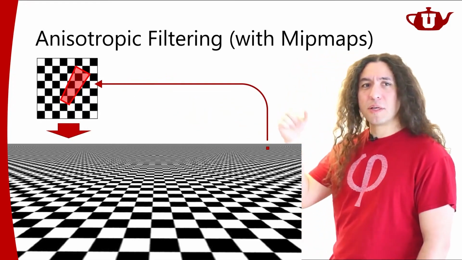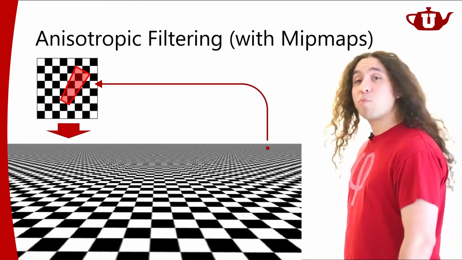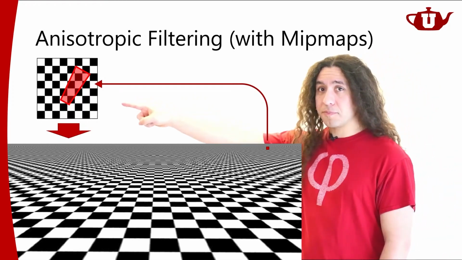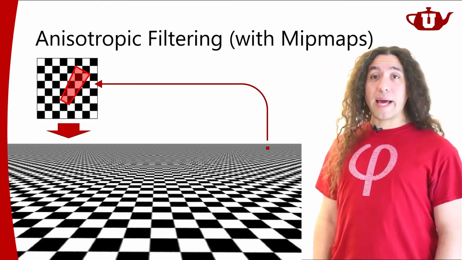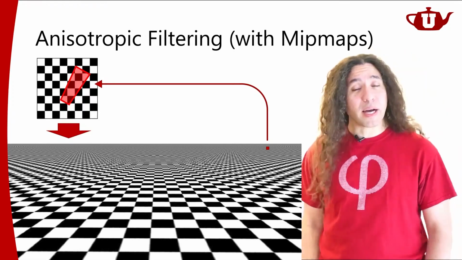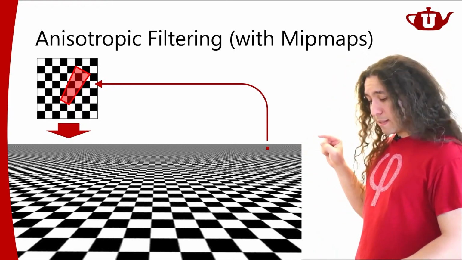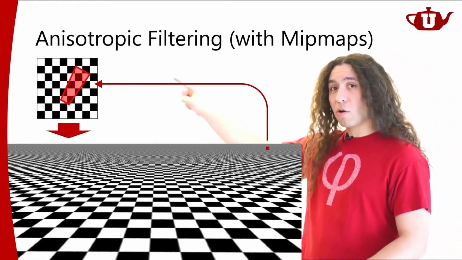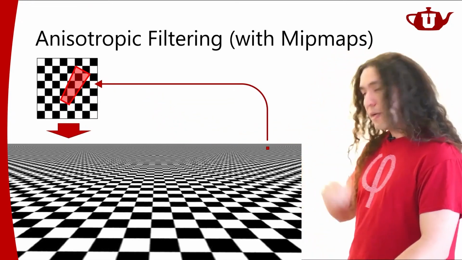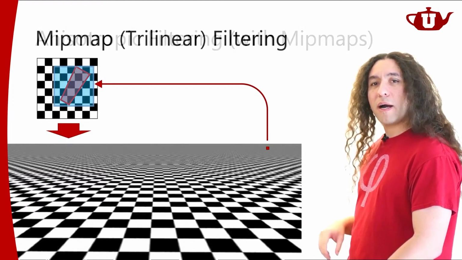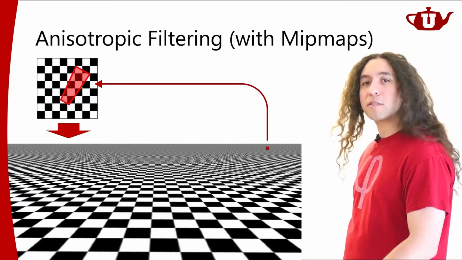And that brings us to anisotropic filtering. So anisotropic filtering is a method for sort of approximating the color value for this elongated pixel shape. I won't be able to do that by just doing pure trilinear filtering with mipmaps. Trilinear filtering is just going to blur it out. But what I would like to get would be something like this. I mean, it's going to be blurred along one direction, but I don't want blurring in the perpendicular direction. I just want to blur it in the elongated direction of the pixel. So I don't want this over blurred stuff, but I want some filtering, but only along that direction.